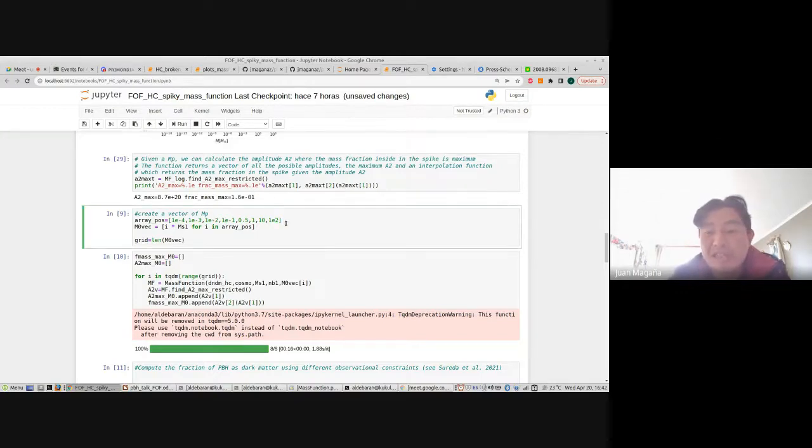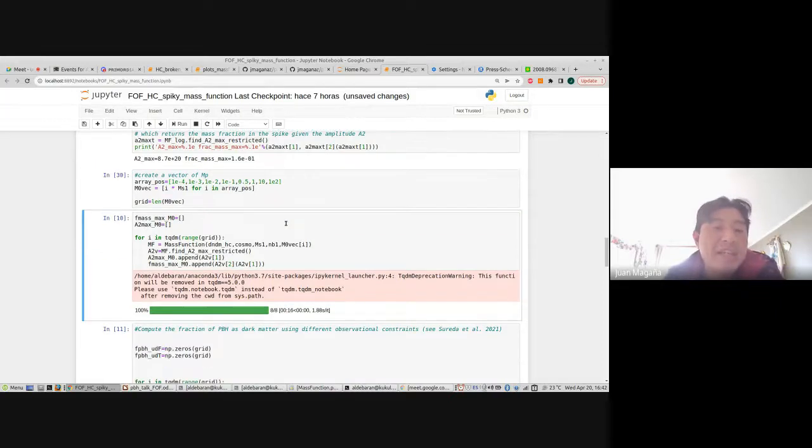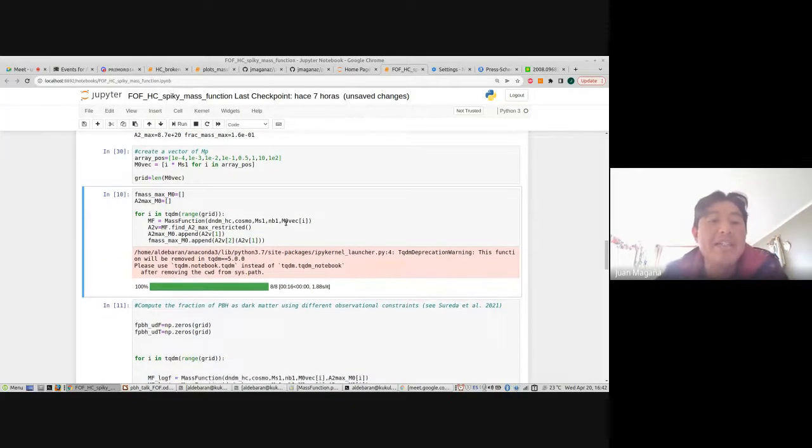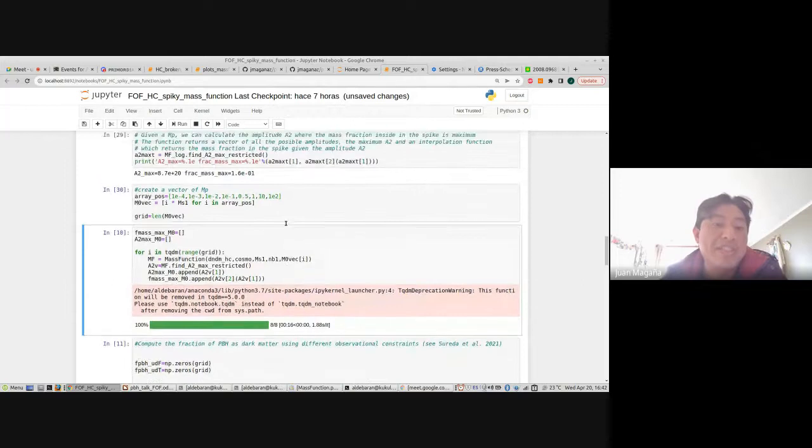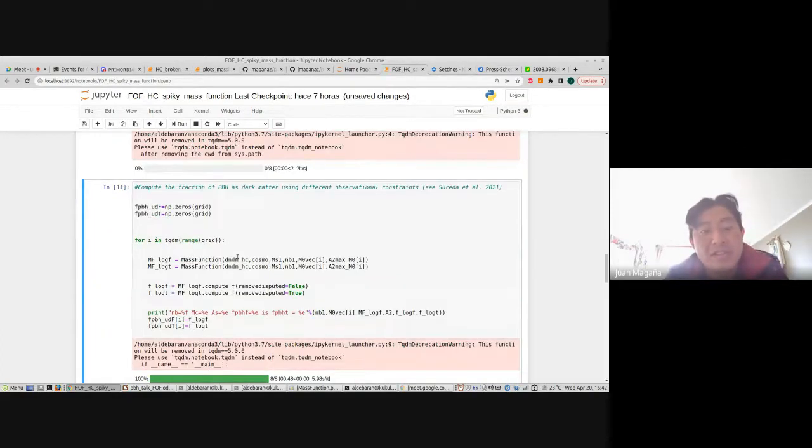I will compile this line here. Now, for this array of positions of the peak, I can calculate the amplitude A2 that will provide the maximum fractional mass inside the spike. I will run the code.